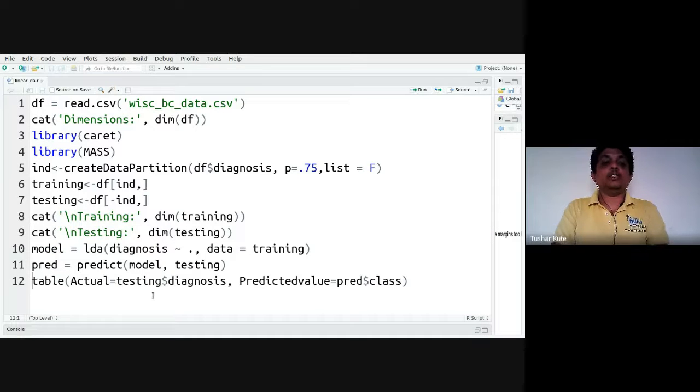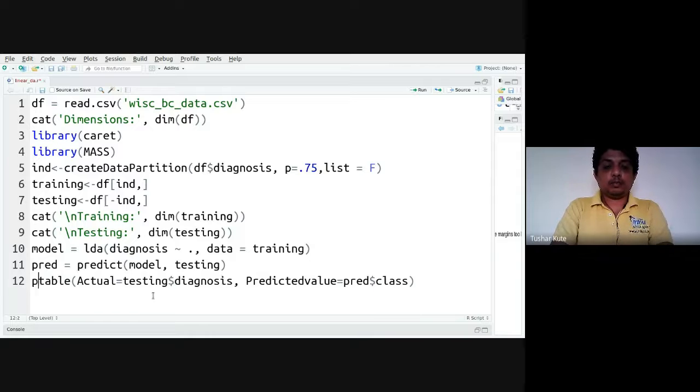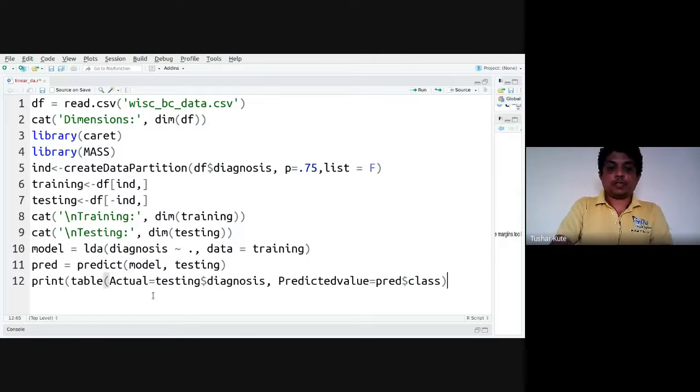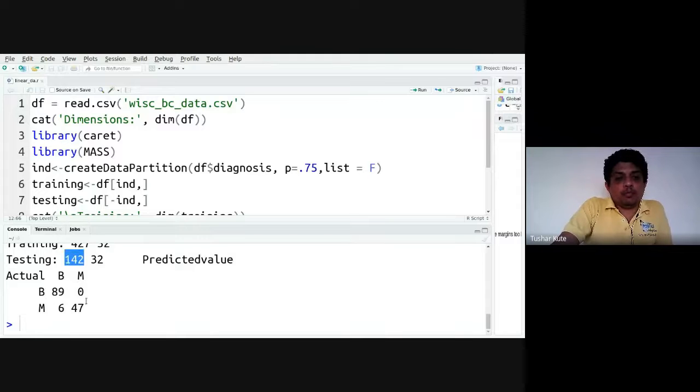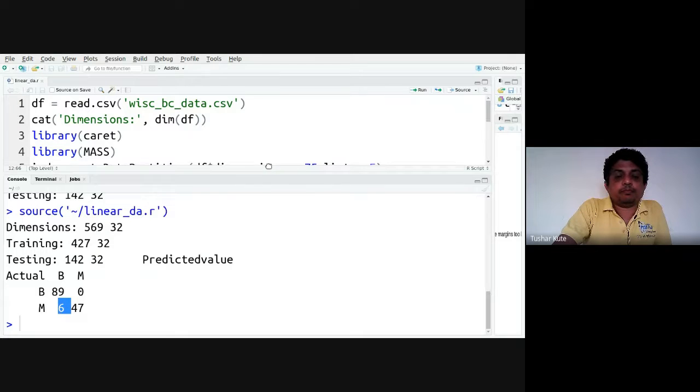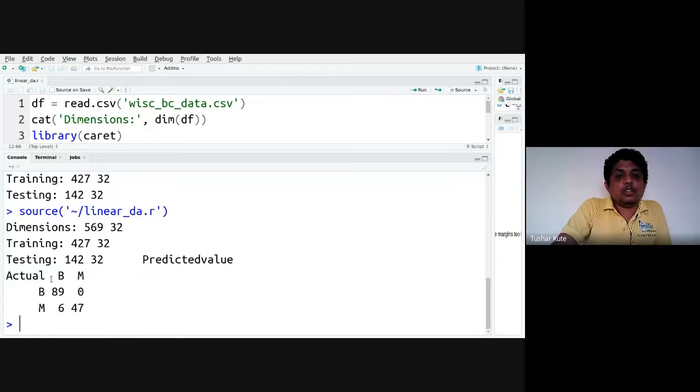So I need to print this table. Let's execute that and see the result. Yes. Out of 142, 89 plus 47, that is 136 entries, are matching. Only 6 misclassifications are present. This is what your confusion matrix is showing.